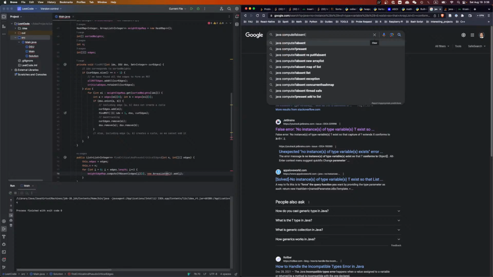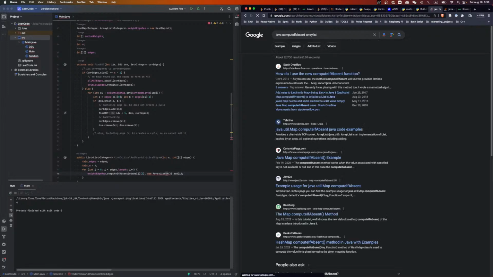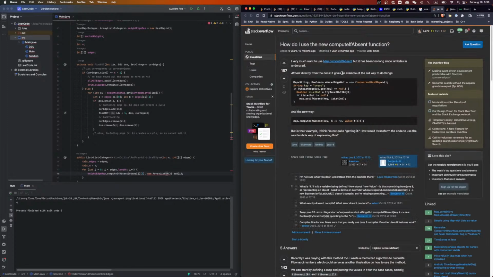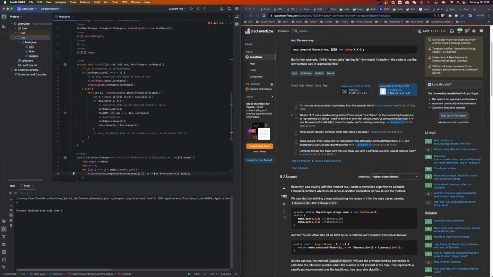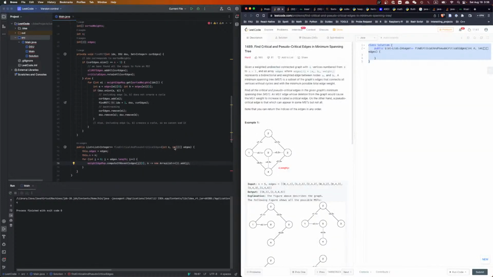Compute if absent array list. Oh, shoot, I forgot the syntax. Ah, gotcha. It has to pass a function. It's all right. Okay, so now I pass a function, now I compute if absent, blah, blah, blah, we add